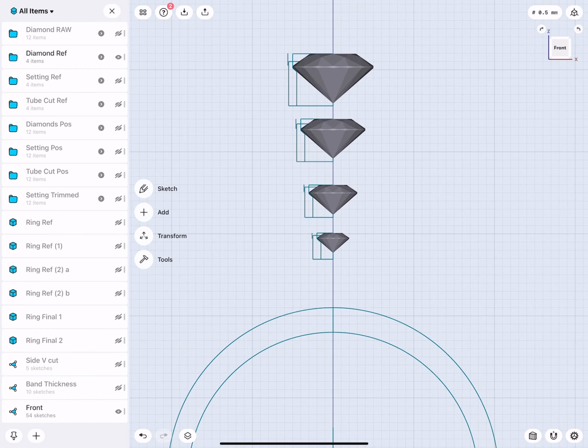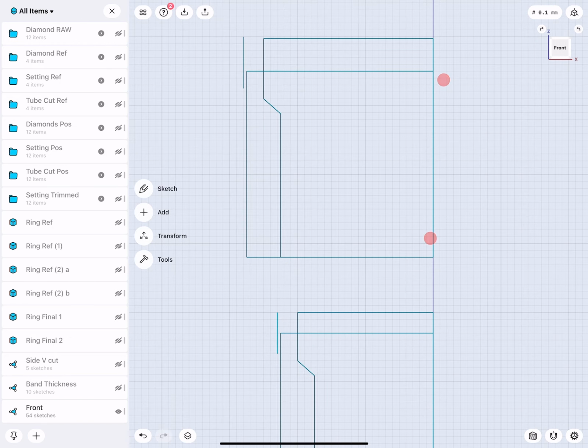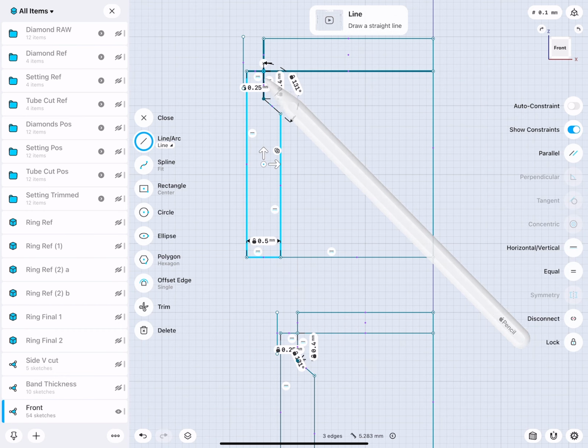Now where we have stones, we also need something to hold the stones. In this exercise, we will explore and work with bezel settings. So let me hide the diamonds and then zoom in a little bit. There you can see, for example, the lines I created for the bezel setting, including the angle.